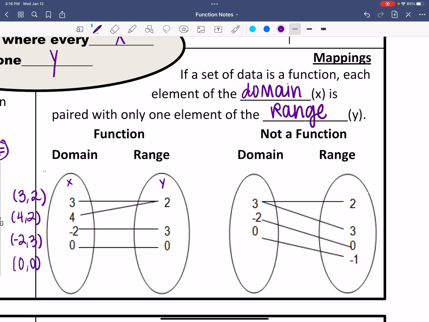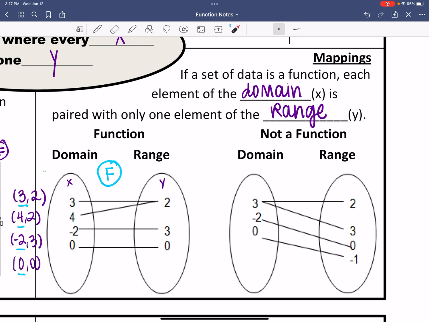So then I can look at my x's. I have 3, 4, -2, and 0. Here I see I have all different x values, so this lets me know that this is an example of a function. Now looking at our next mapping,